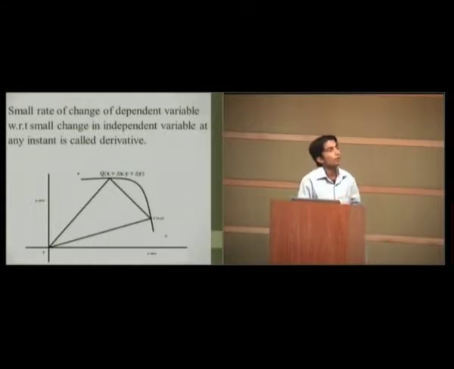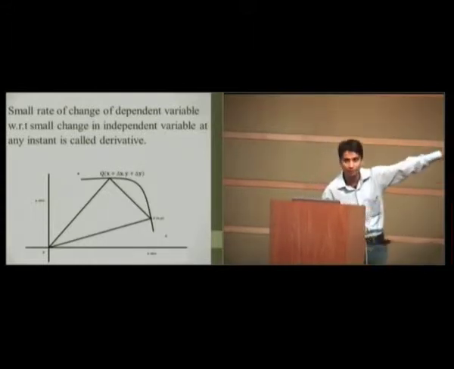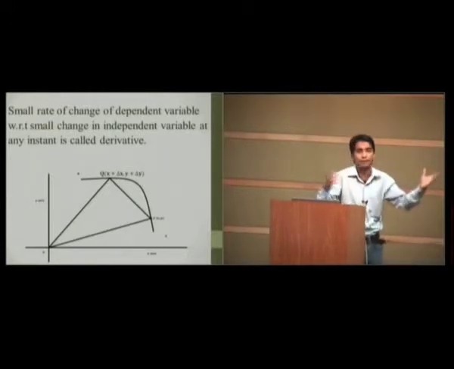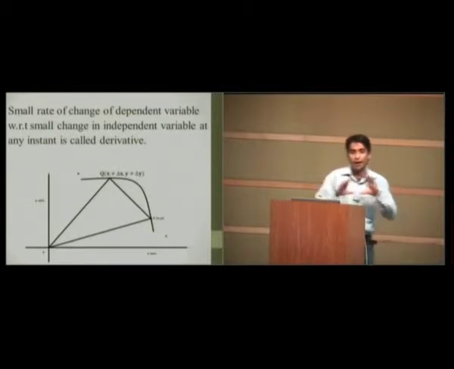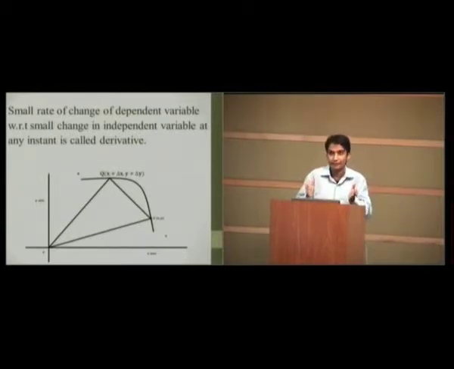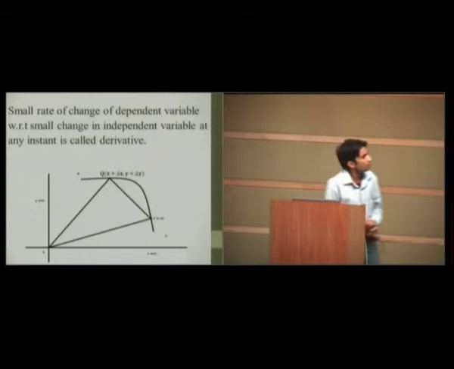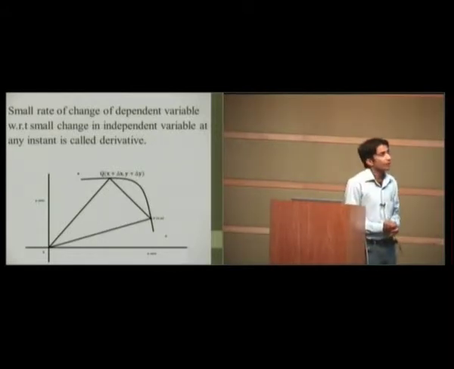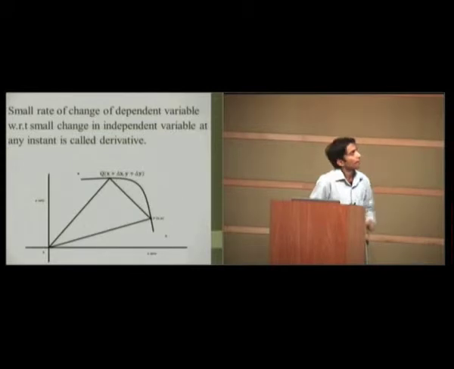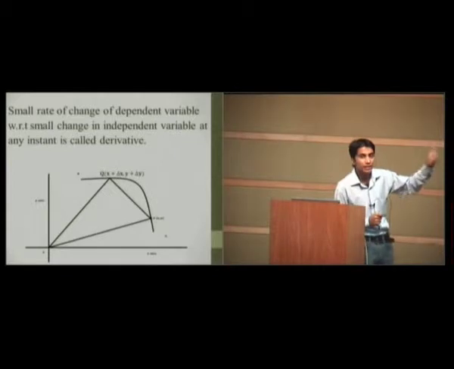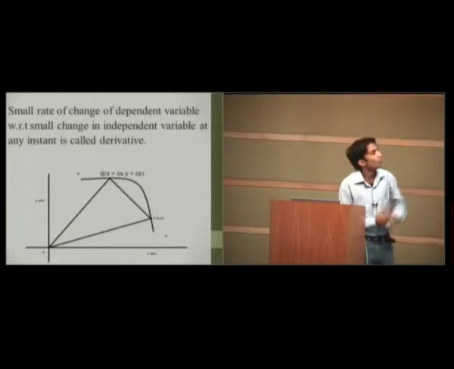Let us consider a motion of a particle along a path AB. Let at any time t, the particle be at point P having coordinates x and y. After a small interval of time, delta t, the particle is at point Q, having coordinates x plus delta x, y plus delta y. The beauty of this pictorial representation is that delta x implies change in x and delta y implies change in y. So the coordinate Q implies change in x as well as change in y.